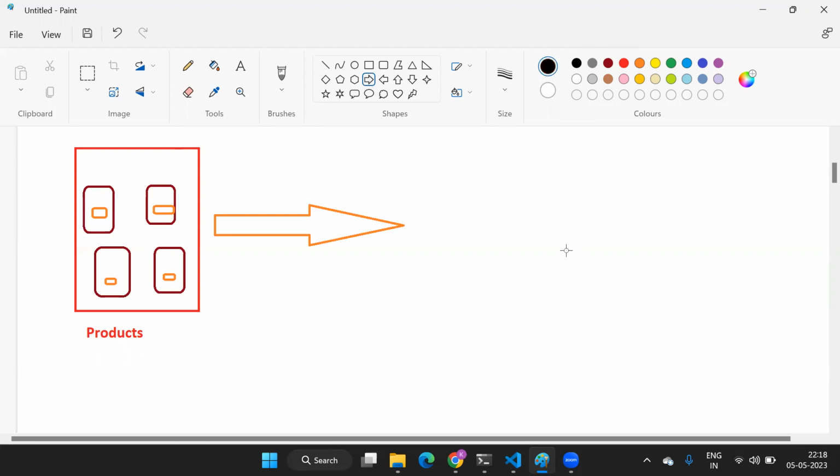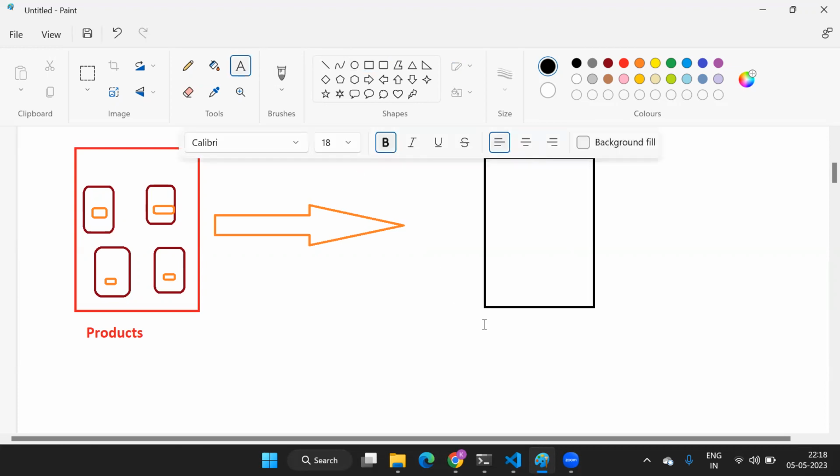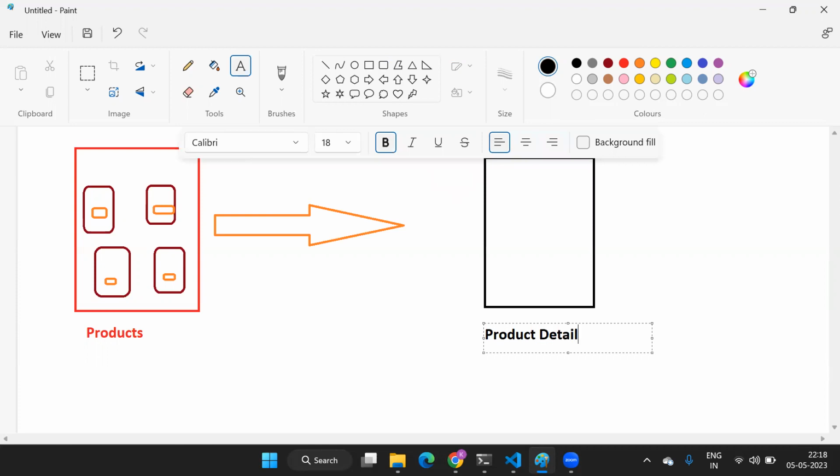Yes, we are navigating to the product details component. This is our product details component. Now my requirement is, whenever I click on any card, that particular product data I want to pass to